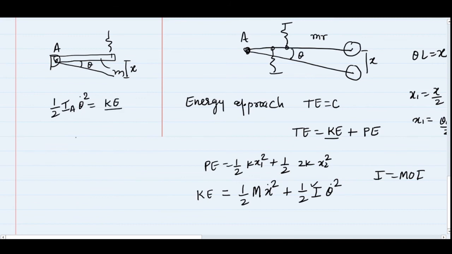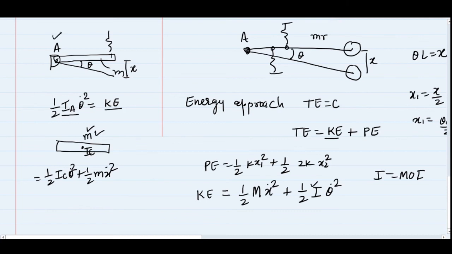Otherwise, I can consider that this is my rod, this is the centroid of the rod where I have the mass m. So now I have to consider two energies: one is the energy because of the translation of this mass, another one because of the rotation. But ultimately you will get the same expression, because when you write the equation for this system, you write 1 by 2 I_C theta dot square plus 1 by 2 m x dot square. When you put in the m value and I_C value, finally you will get an expression equivalent to the moment of inertia about point A.